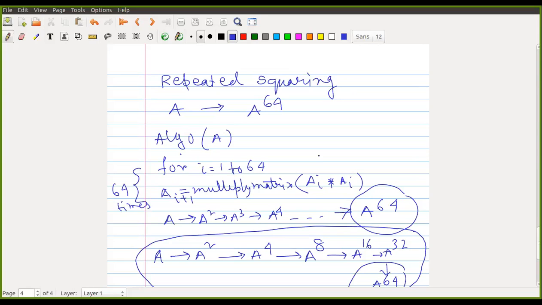Now, this repeated squaring from V to the power 4 reduces the time complexity to V cube log V, because we are doing log of V steps by repeated squaring. Now, using dynamic programming, Floyd-Warshall designed an algorithm that gives order of V cube.